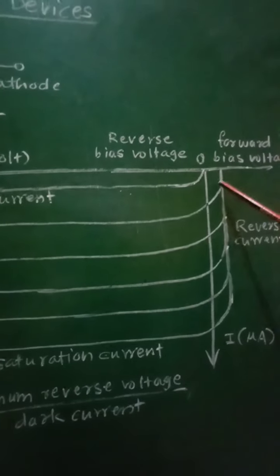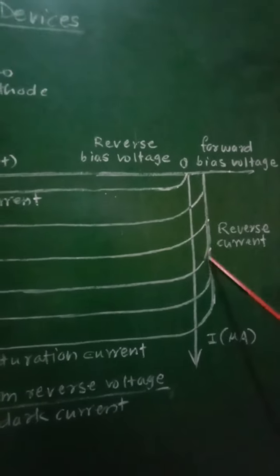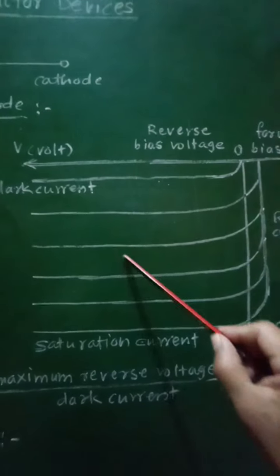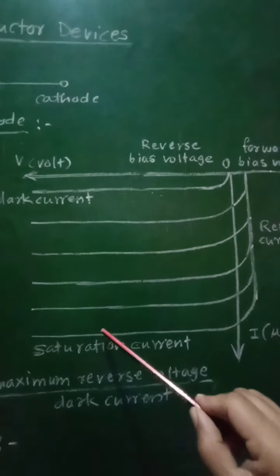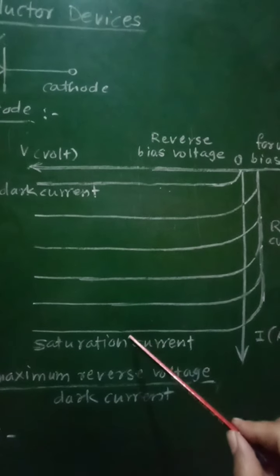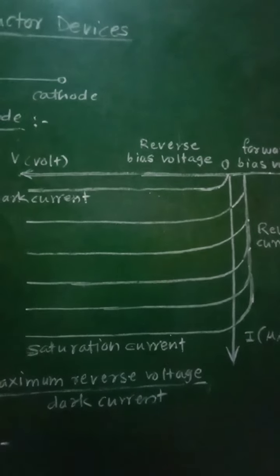Afterwards the current will go on increasing, that is, the reverse current will go on increasing, and the nature of the graph will be as shown. So this will be the constant maximum current, which is called the saturation current. So in this way IV characteristics of this